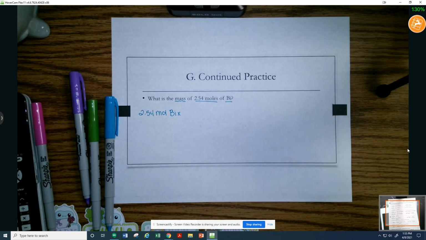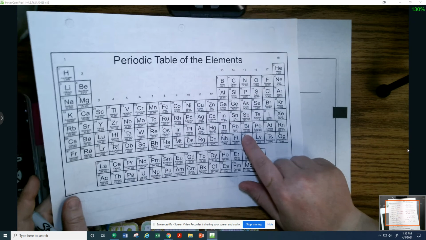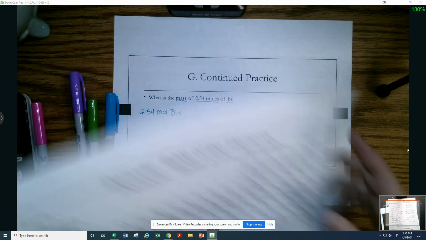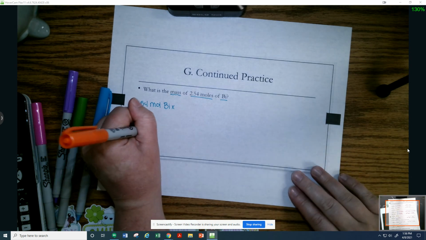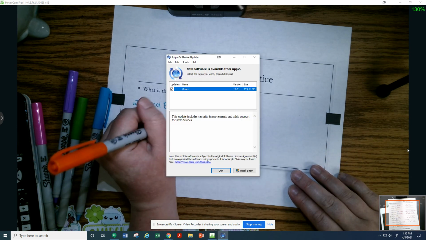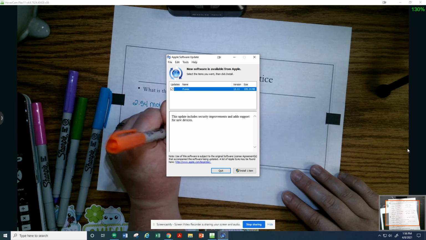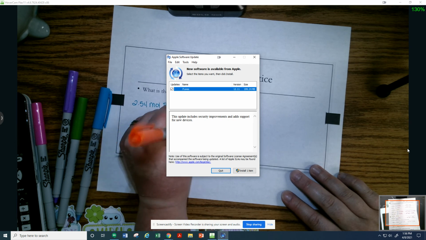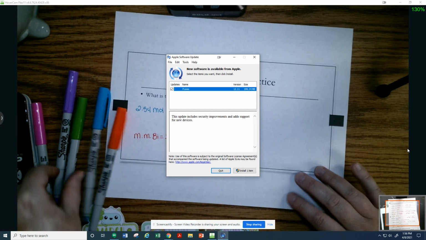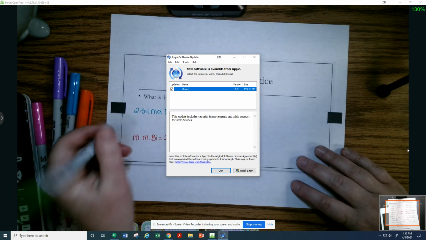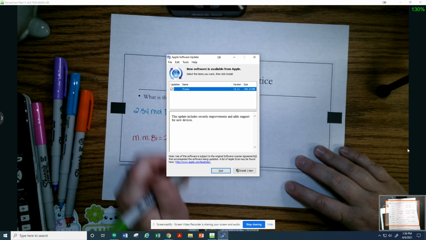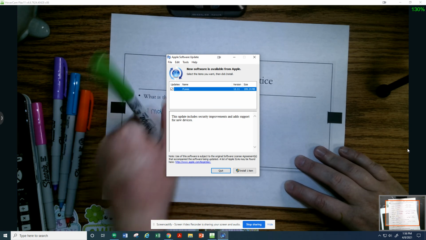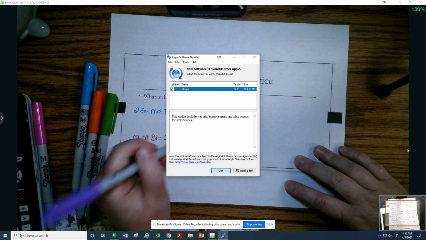So I'm going to find bismuth on my periodic table. Bismuth is atomic number 83. It's 208.98. So as your atomic number goes up, your molar masses are going to get much larger. Okay, so we have our molar mass. So that's going to help us decide how to set things up. My given is moles. So because my given is moles, moles is going to go in the denominator. That part will be 1 mole. The numerator is going to be the mass of it,